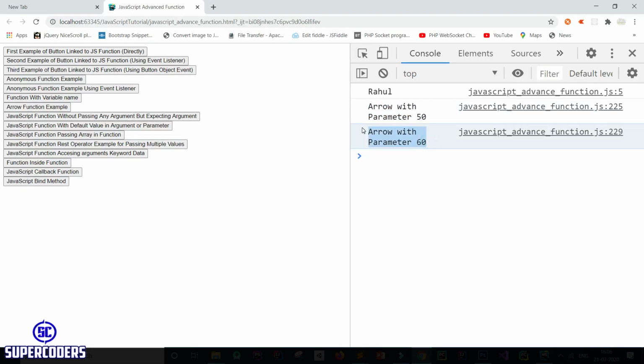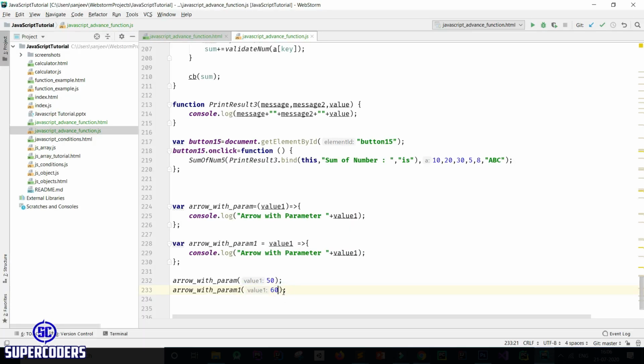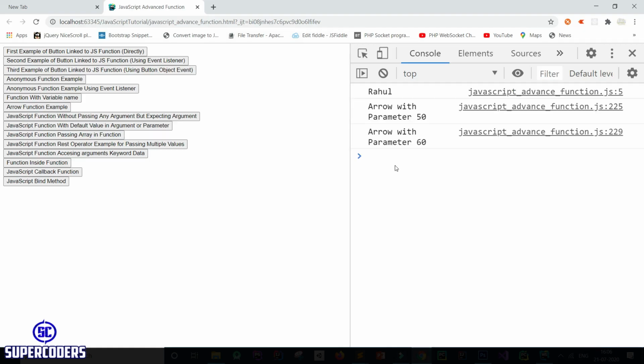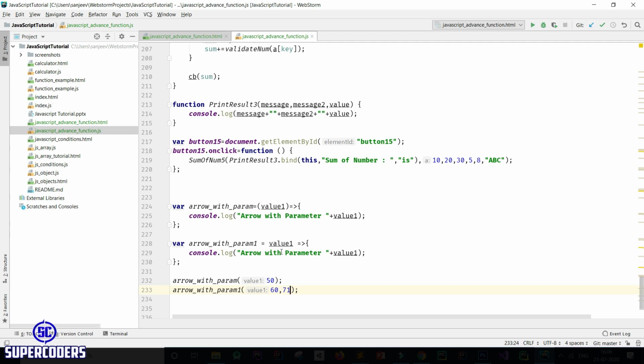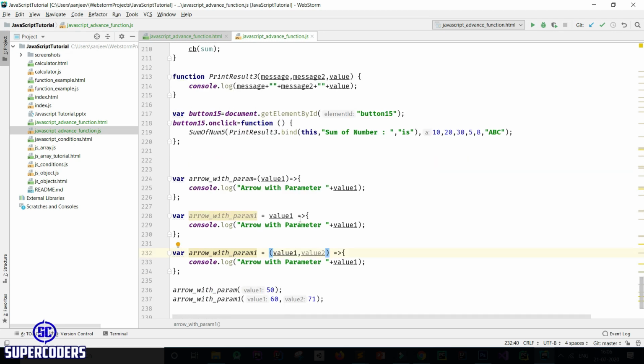You can see it works with a single one, but if I add multiple, it will work but didn't access the other value. So for accessing multiple values, you need to create like this: value 1, value 2. Remember, this will work for single but not for multiple.